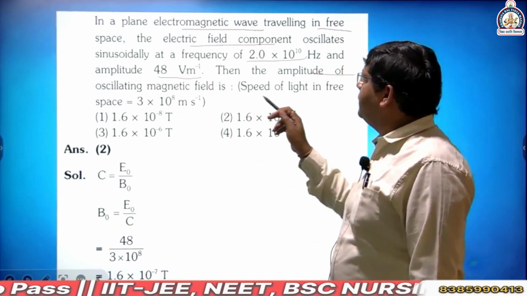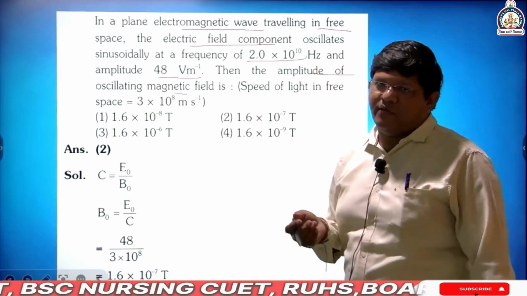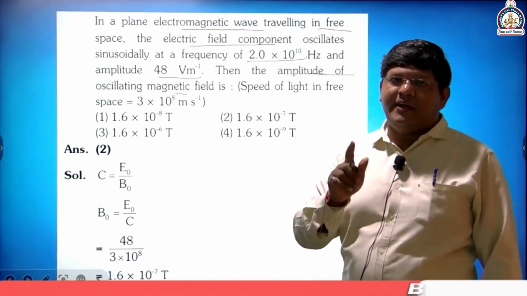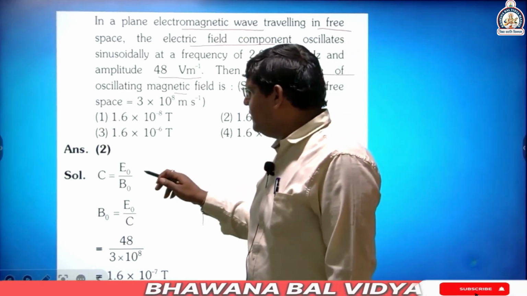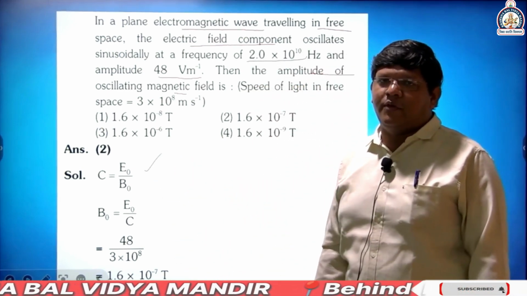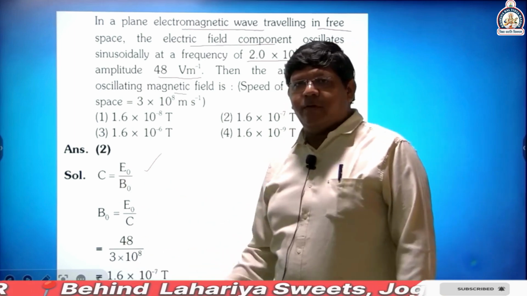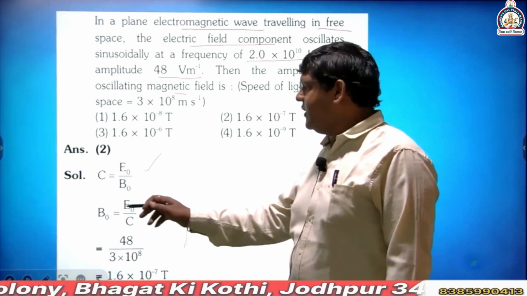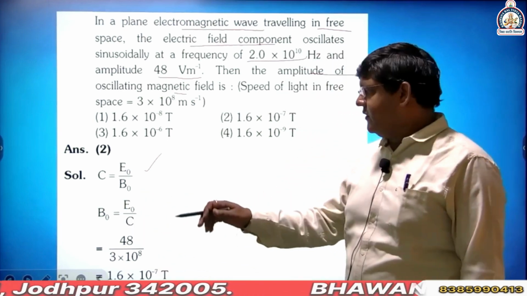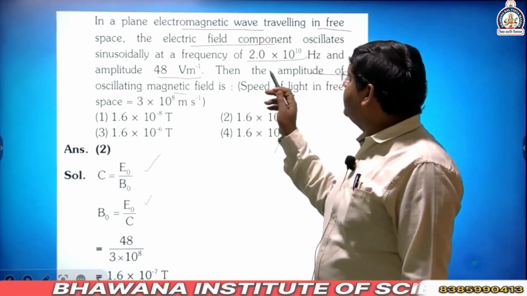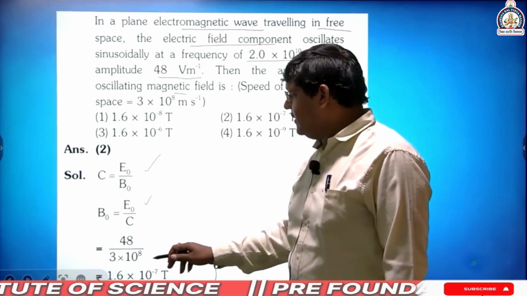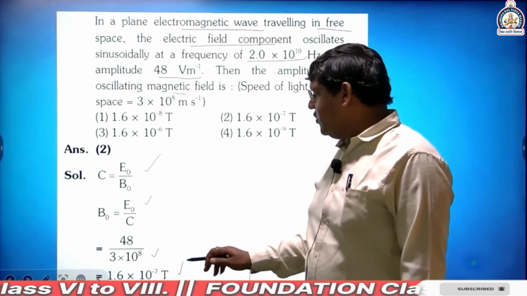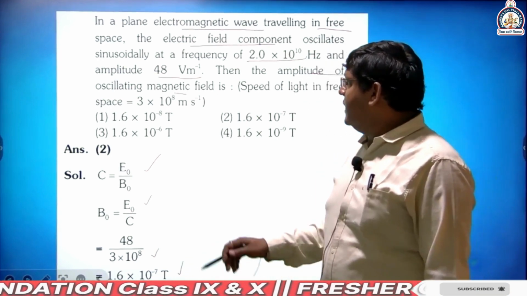Then the amplitude of the oscillating magnetic field is what we have to calculate. We know the electric field and magnetic field are related by this equation, C is equal to E naught upon B naught. C is called the speed of light, E naught is the electric field and B naught is the magnetic field. So we have to calculate the value of B naught. We transpose the equation, putting the value of E naught as 48 and C, the speed of light, as 3 into 10 raised to power 8. We get 1.6 into 10 to the power minus 7 Tesla. That is our option number